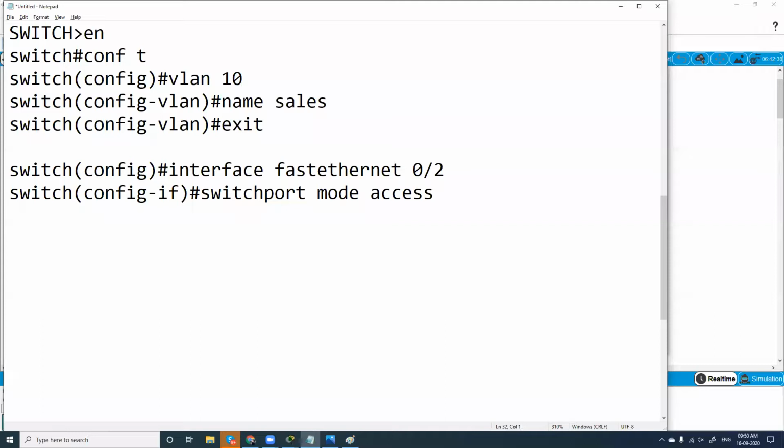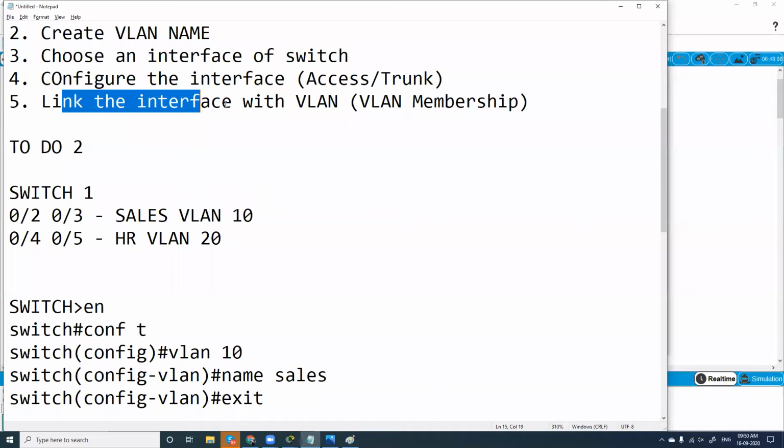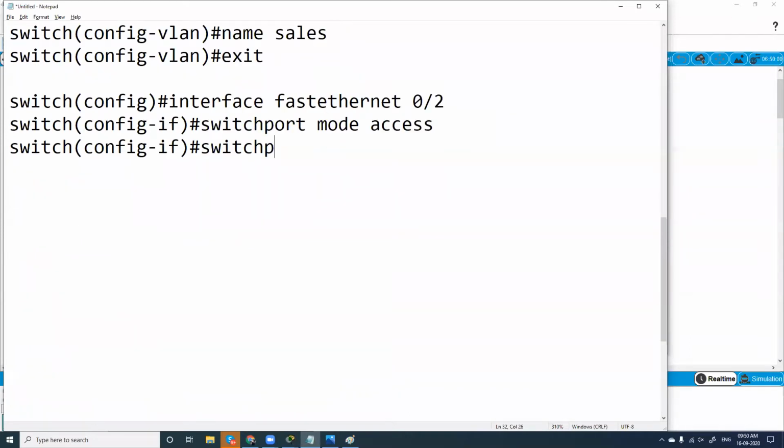And after configuring this, step number 4, for your understanding, is to link the interface with the VLAN. That step is very simple. I'll type switchport access VLAN 10, and I want to link this access port with VLAN 10. So this particular access port will now be linked with VLAN 10, right?